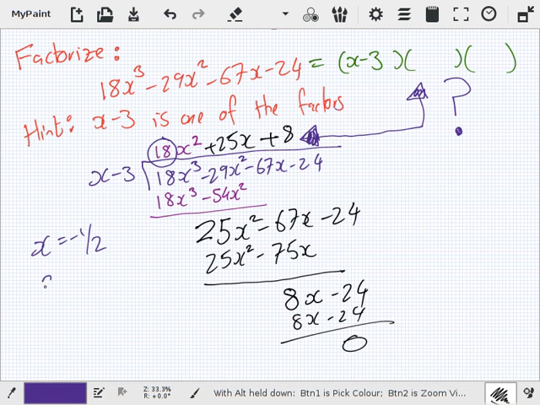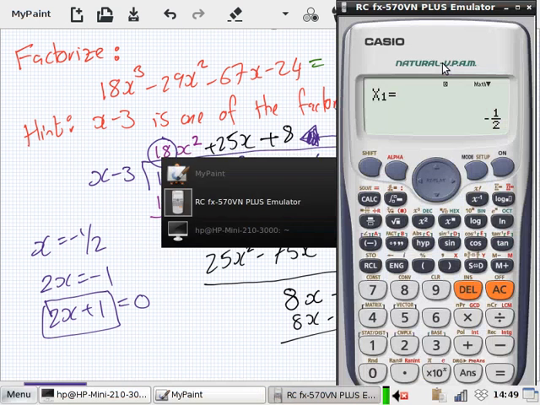Well, that's like saying 2x equals minus 1. I bring the 2 up. And that's like saying 2x plus 1 equals 0. So I've changed it back into a factor. So 2x plus 1 is the first one. Now if I go to the next one,